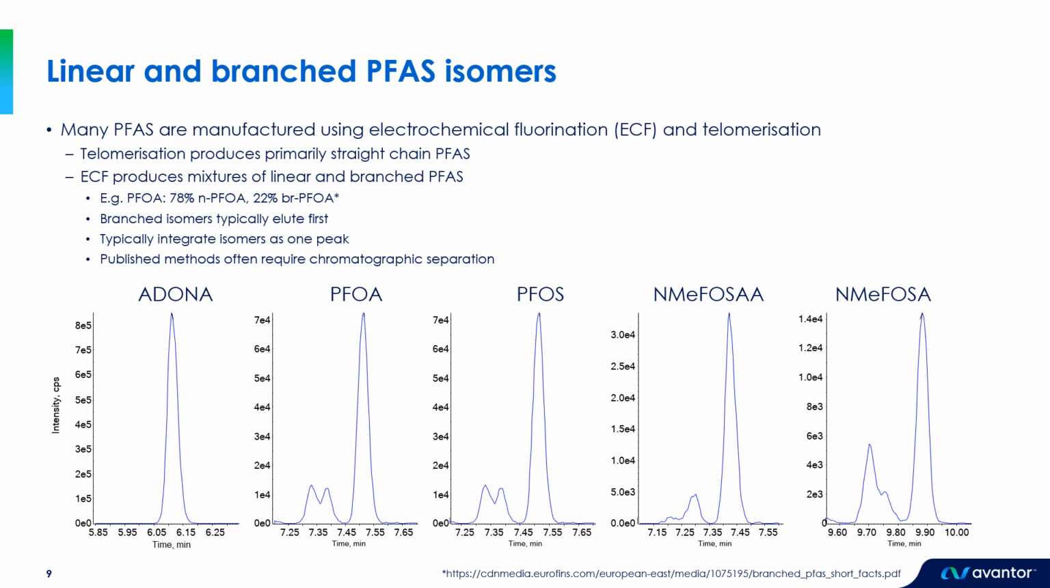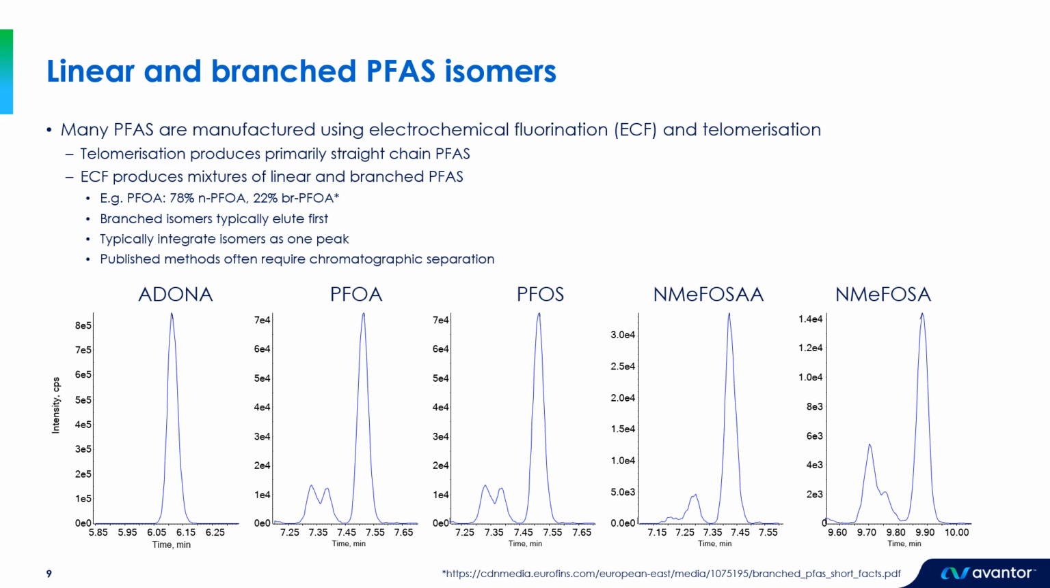Another structural aspect of PFAS analysis that I just want to touch on quickly is that many PFAS will actually be present as a mixture of linear and branched isomers. PFAS are manufactured using either electrochemical fluorination or telomerization. Now, whilst the telomerization process produces primarily straight-chain PFAS, the ECF process actually produces a mixture of linear and branched PFAS. So for example, PFOA produced by ECF typically contains around 78% of the straight chain PFAS and 22% of